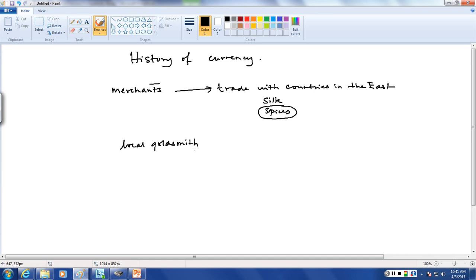Now this local goldsmith in the merchant's hometown, now this is a guy who, since he worked with precious metals all the time, usually had a fortified home and he had secure facilities for storing gold because he dealt with gold all the time. Am I correct? So this goldsmith was somebody who typically had gold lying around at home. So he perhaps had a nice thick safe in which he stored his gold. Right? So the merchant, before leaving on his journey, comes to the goldsmith with his bag of gold and